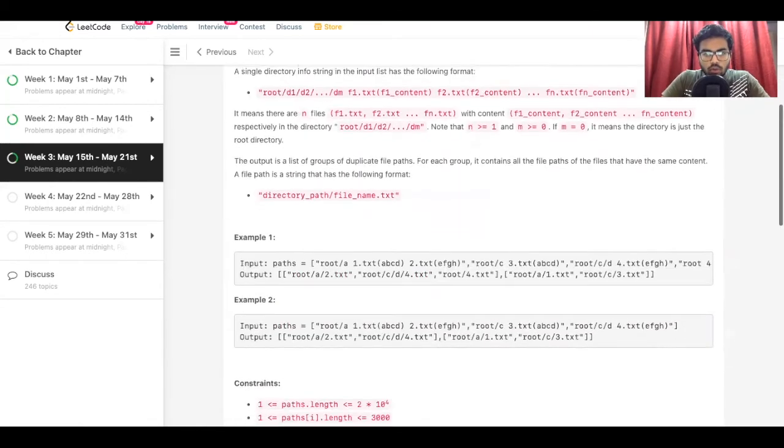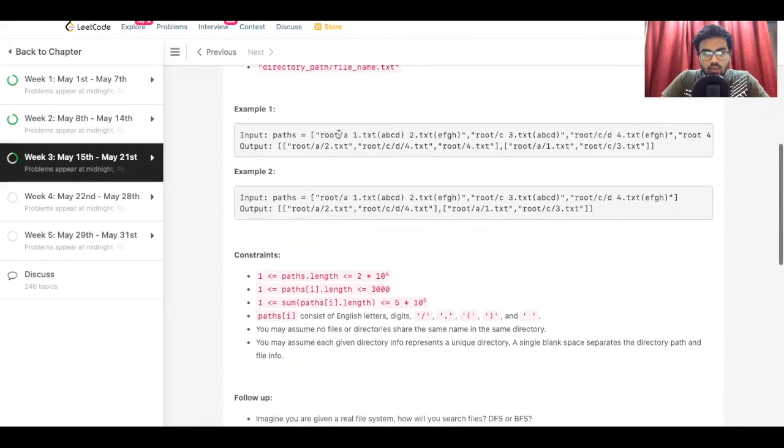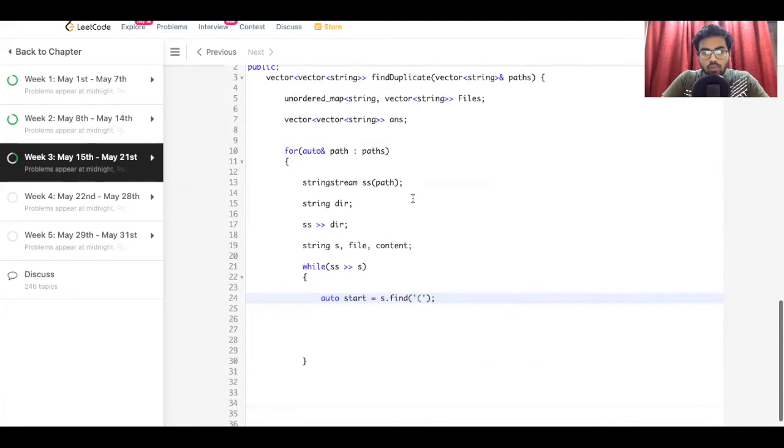Okay, so when we come in the for loop, first we see that we've taken out the directory, right? So now we encounter a space and we take this part. When we encounter a circular bracket, everything before that is the file name and everything inside the circular bracket is the content. So that's what we need to do here.